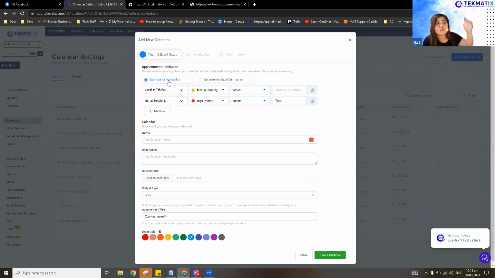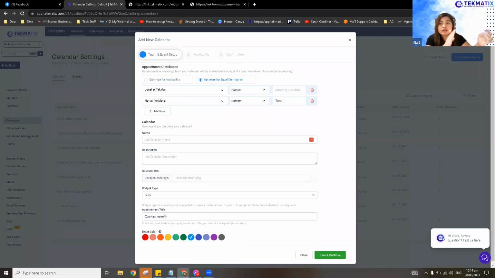So when we set up optimized for availability calendar distribution, what will happen is, for example, if Giselle's calendar is fully booked, all of the bookings will automatically come to Nat. That's the optimized for availability. But when I switch to optimized for equal distribution, the first booking will be for Giselle, the second booking will be to me, the third booking for Giselle, and the fourth to me.